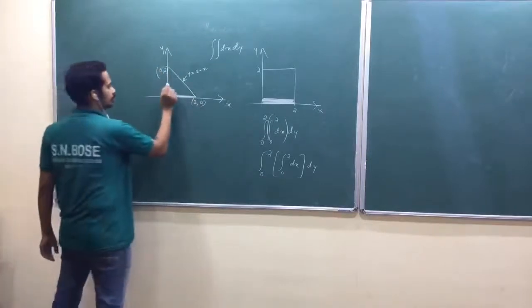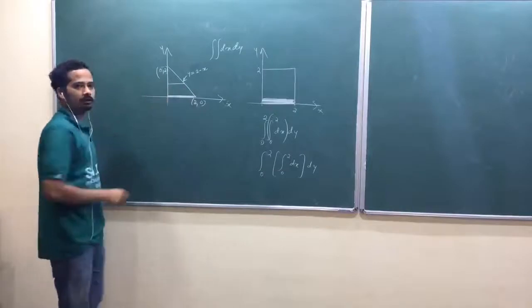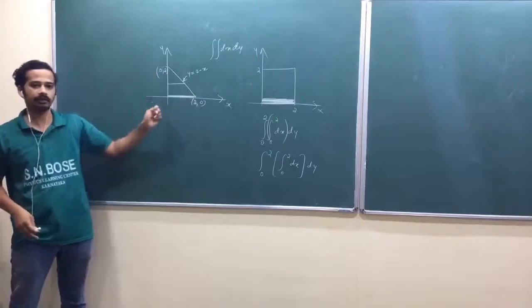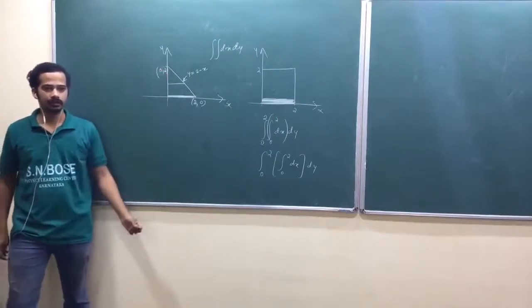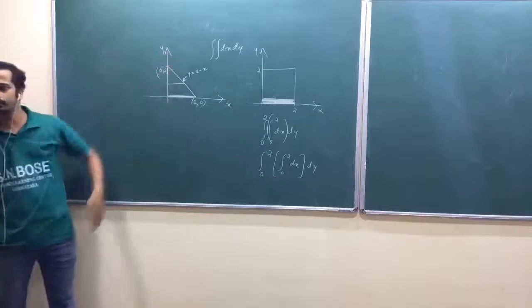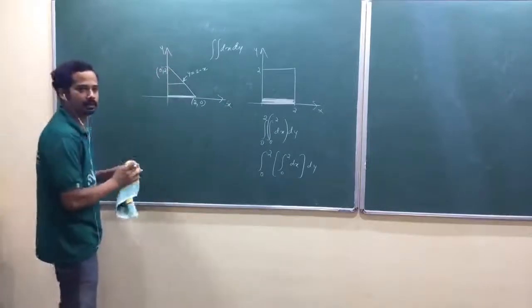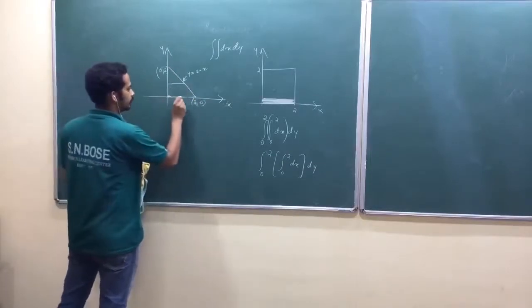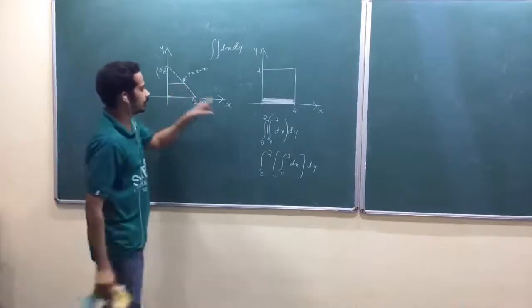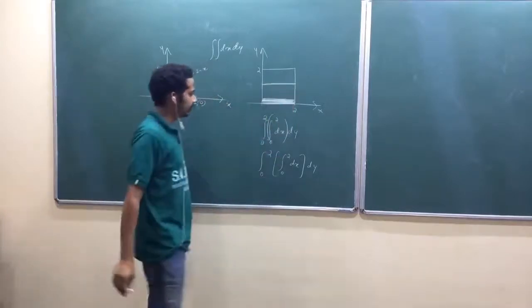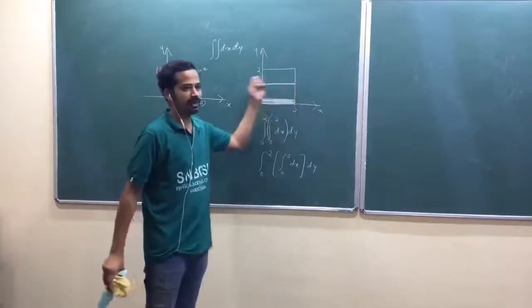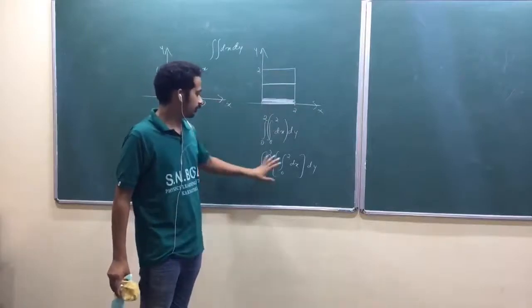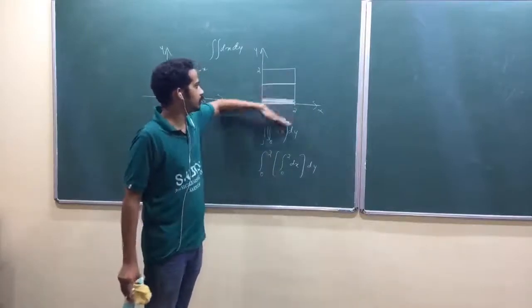So that's why what we do here is, we are going to take length of one arbitrary line. Then we will run that line from this point to this point along y-axis with a variable length, so that we can sweep the area. So I'm just giving the geometrical interpretation. Look at here. I'm just taking arbitrary, so here you can take it anywhere. Actually, 0 to 2 dx, that can be anywhere. Not only on x-axis, remember, that can be anywhere. When you sweep that one along y-axis, you will get total area.